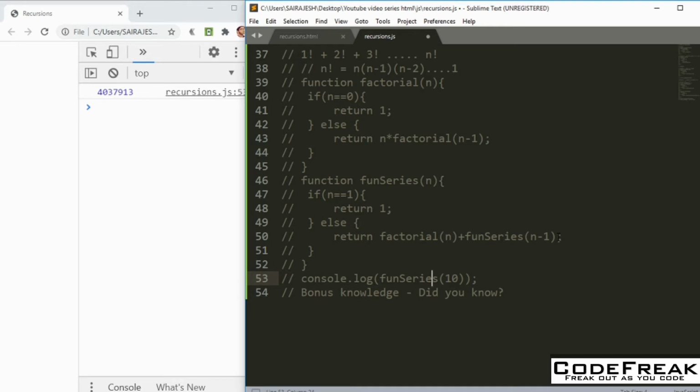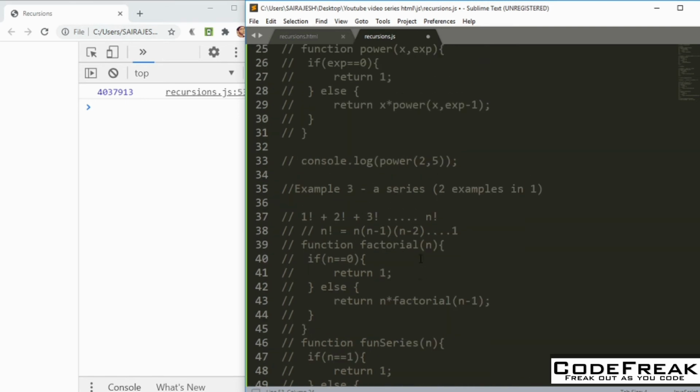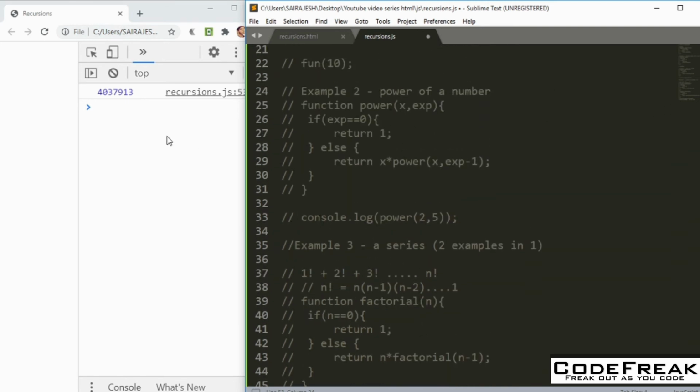There are automatic optimizations that help alleviate this, tail call optimization, for example, but they are not yet supported everywhere and work only in simple cases. So that's a thing which I thought I should share with you. That limits the application of recursion, but it's still really used a lot. There are many tasks where the recursive way of thinking makes the code simpler and easier to maintain. For example, you've seen the last 2 examples, this third example and the second example. Actually, you can clearly state that this way of looking at it is really easy, right?